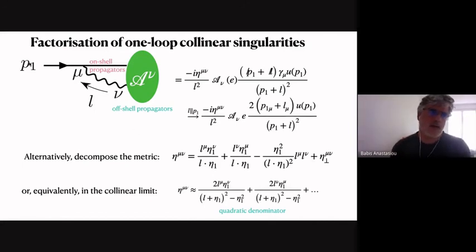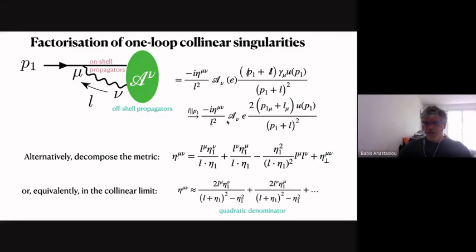The graphs that contribute to the collinear limit can be collected in this type of representation. You have the incoming particle, it splits into two particles that can become collinear, and then these particles join into some hard subdiagram. What one can find out is that if you take the limit in this corner of the graph